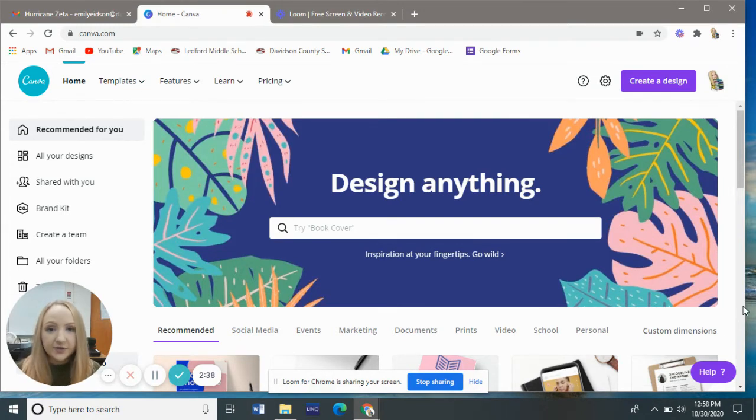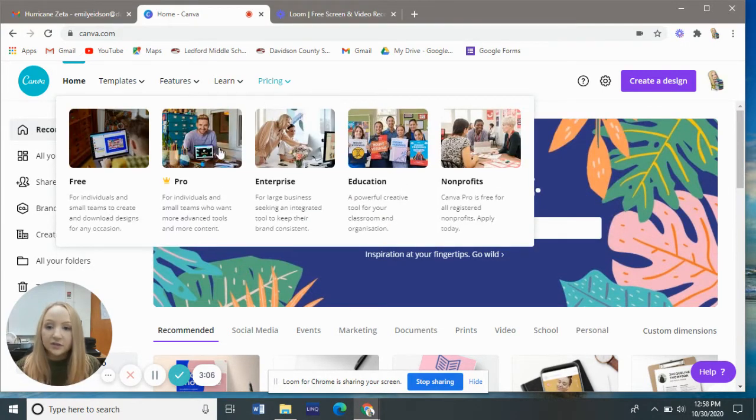This is a free tool, so you should not have to pay a thing. And I have always used the free version, and I've never had an issue with using the free version. Everything that you could possibly need is available to you. All of the pictures, all of the templates, I mean, there is plenty for you to choose from just in the free version. But there is a pro version. So if you go to pricing, you'll see that there's a pro version that you can pay for,